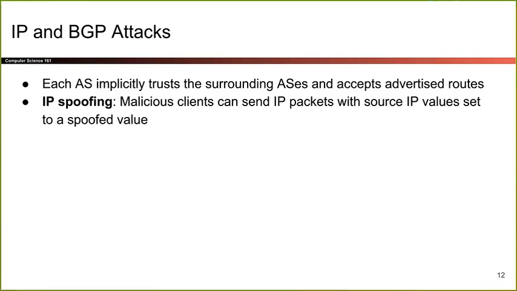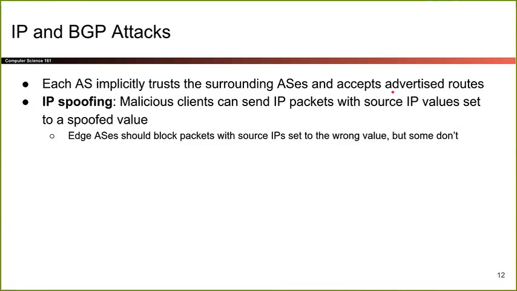Usually, it's the job of the router or the autonomous system to check spoofing. So if you're an autonomous system and you see a packet where the IP is not correct, so we know that this person has IP address X, but they send a message with IP address Y, usually the autonomous system or the router should notice this and be like, wait a minute, you're lying about your IP. I'm not going to let you send this packet because you're trying to be malicious. So most systems do this, but there are some systems that don't. And that's why IP spoofing is still a problem on the internet, because not everybody does this check.